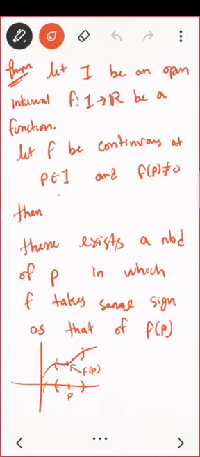So you are given a continuous function. We are given f of p is non-zero. So let us take two cases. There are two possibilities, of course. Case one: what if your f of p is positive? Correct? If your f of p is positive, that means what? What will mod f of p be? Same thing. As per the definition of mod, it will be f of p only. Correct?